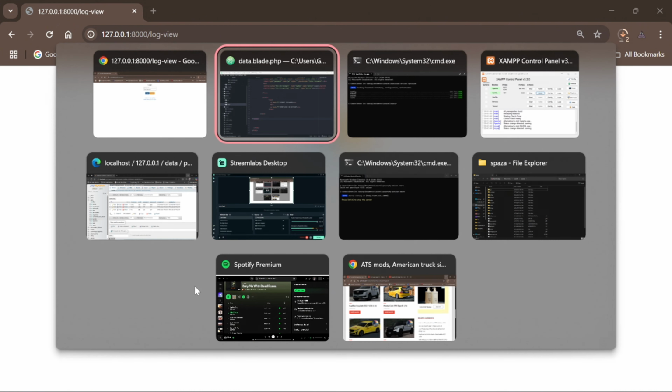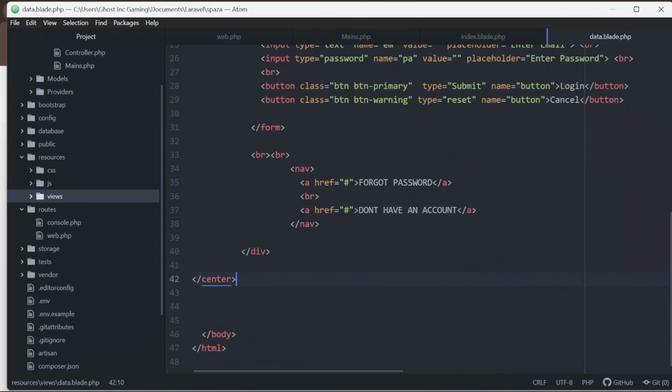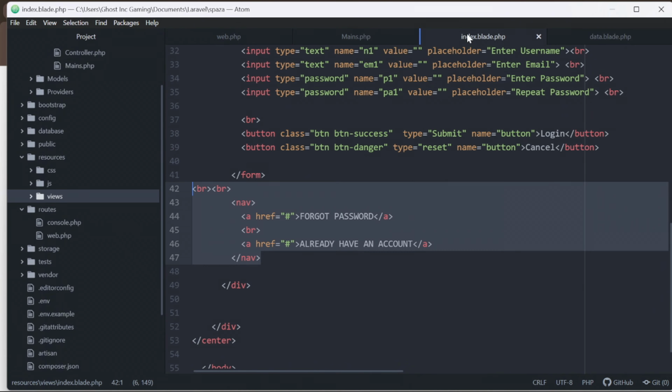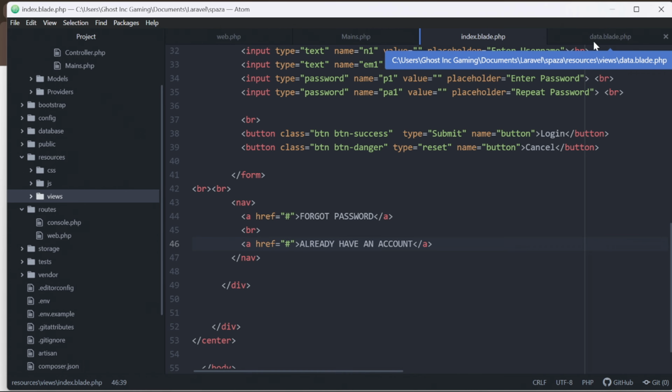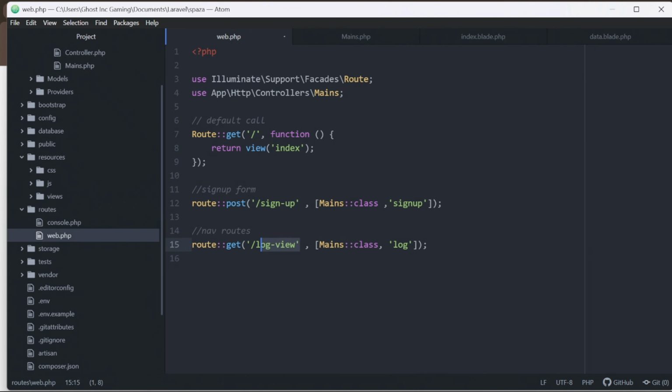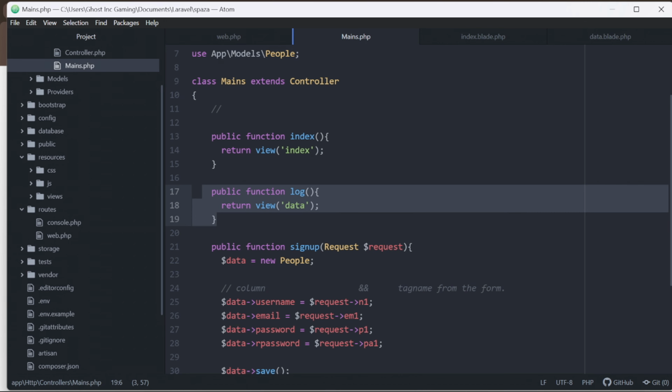Now it means that since we want to be able to go and view the pages using our anchor tags, what we now need to do is add our routes inside our anchors. Remember, our routes are the ones that are being used for our anchor tag. So for the index, if you already have an account and you want to go to the page that says log in, you're going to use this route called what? Log view. So for us to be able to do that,